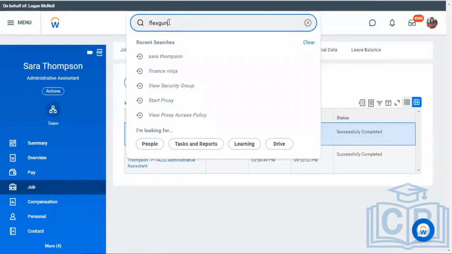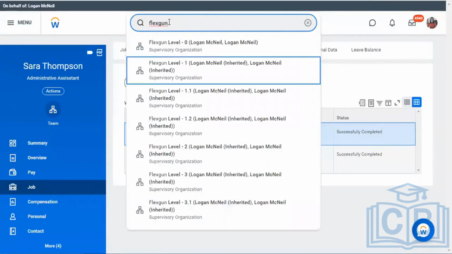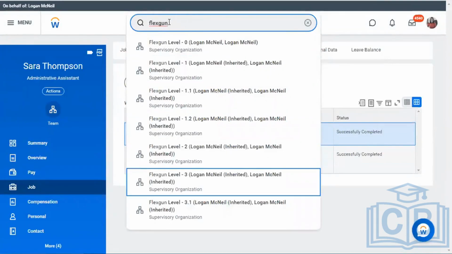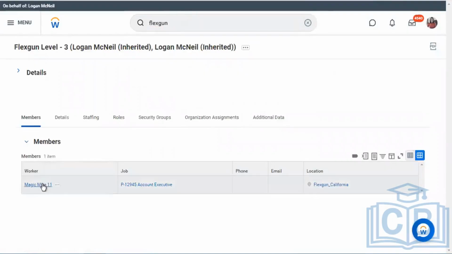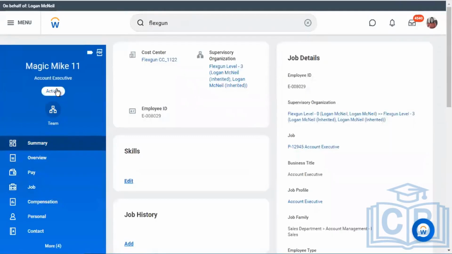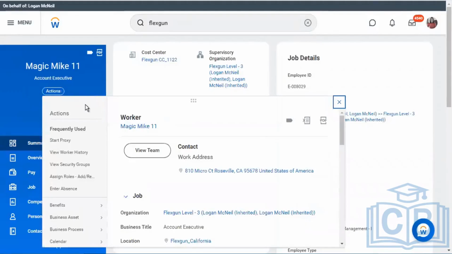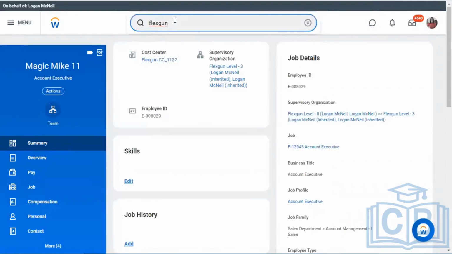Let's see if we have anyone in the organization who is already hired. By any chance we have Magic Mike. This Magic Mike has an account. Yes, thank God. We use Magic Mike as an example.